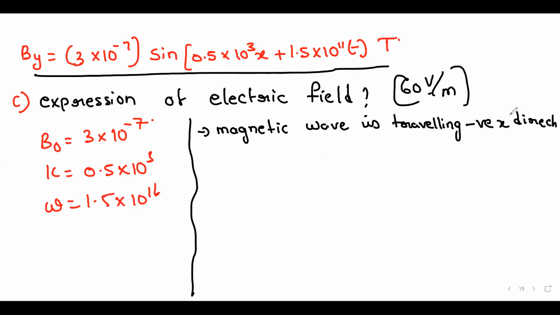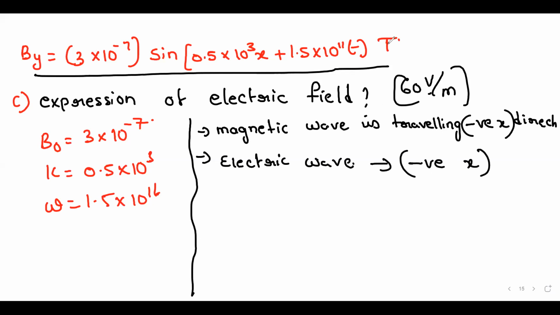Negative x direction. So the electric wave should also travel in the same direction. Is it clear? It should also travel in the same direction, that is, negative x direction. So the wave number for the magnetic wave and the electric wave should also be the same. Angular frequency should also be the same. So the general equation of the electric wave is given by,